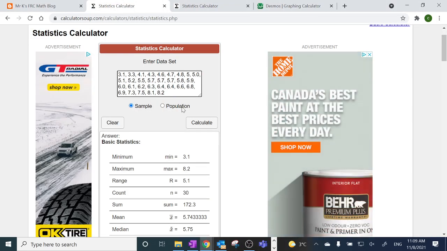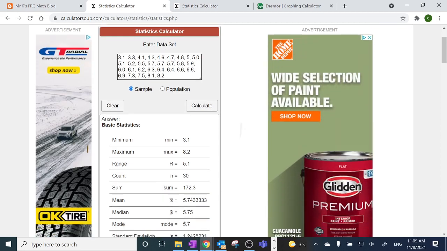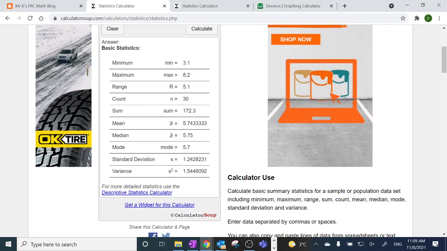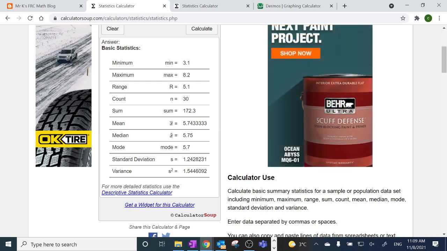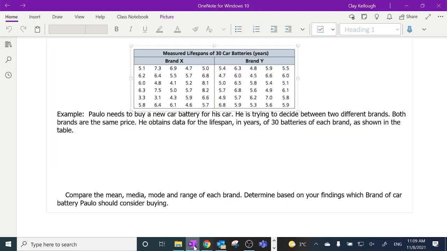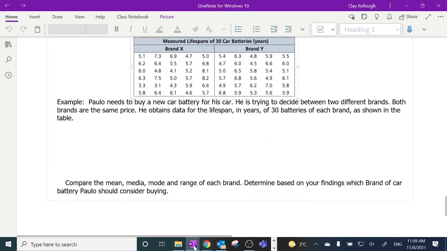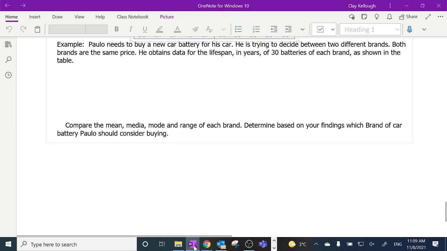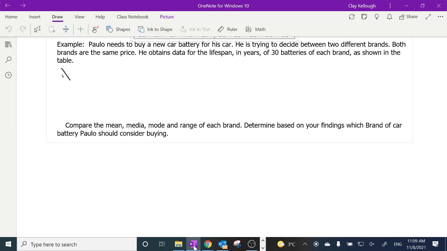So in Calculator Soup, this is the first data set, this is X, we have a mean of 5.743 and a median of 5.75 and a mode of 5.7 and a range of 5.1. So I'm going to go to my booklet here and say, okay, compare the mean, median, mode, and range of each brand. So I'll start writing up here. They give us some room. So for brand X,